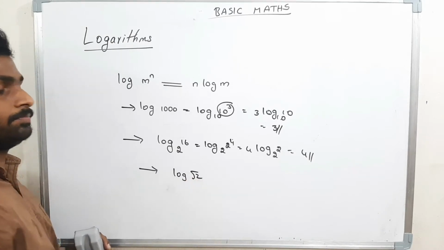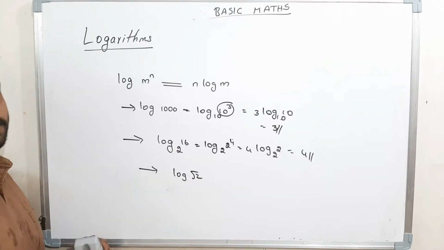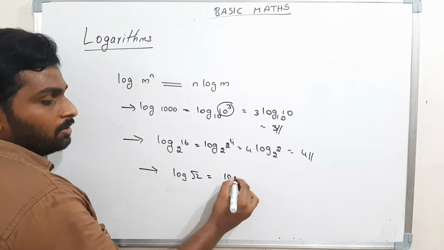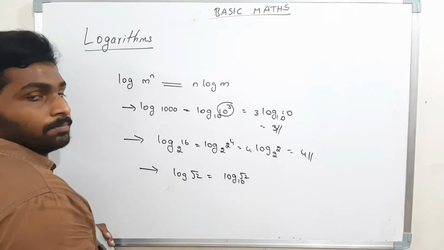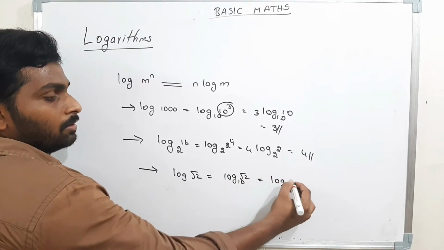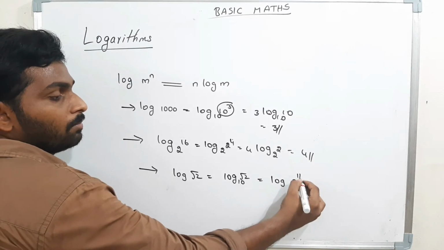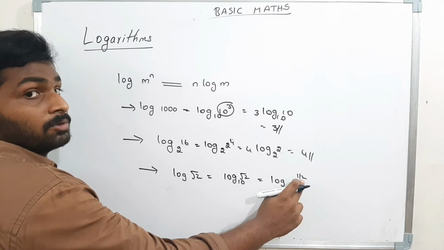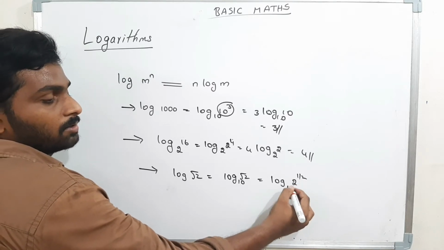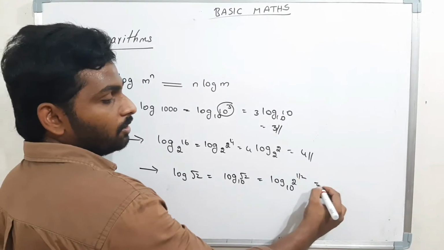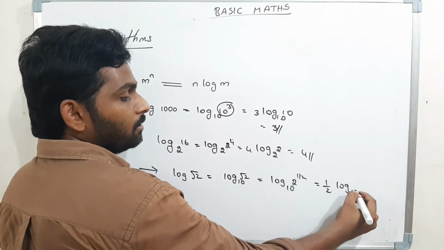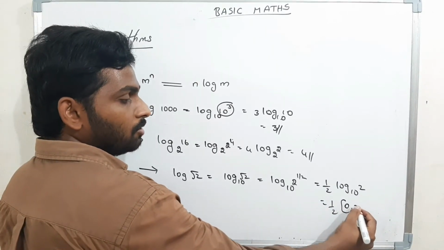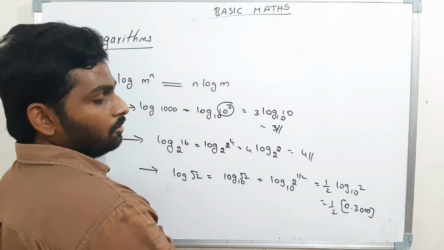Now we will see one more thing. Log root 2. Now see me, what is the value of this? I can write this one as log root 2 base 10. Root 2 means 2 power 1 by 2. Power 1 by 2 means nothing but root; if I power 1 by 3, it means cube root. So 2 power 1 by 2 base 10. The power will become the multiplication. Therefore it is 1 by 2 into log 2 base 10. What is the value? 1 by 2 into, what is the log 2 value? 0.3010. Use this, you will get the answer.